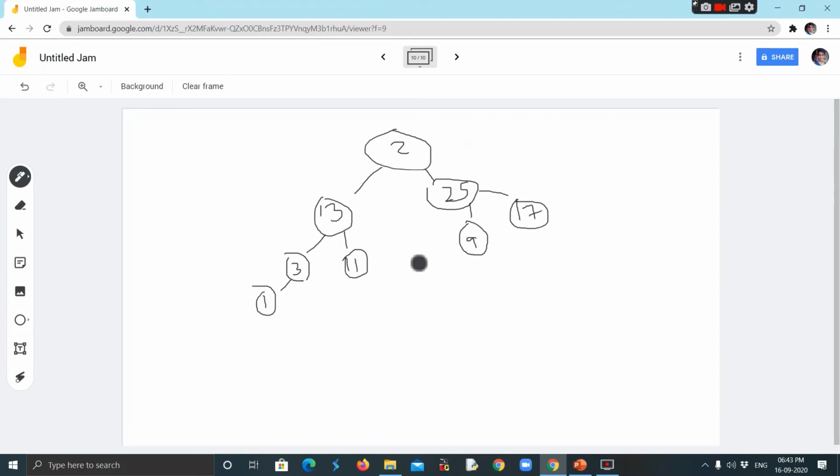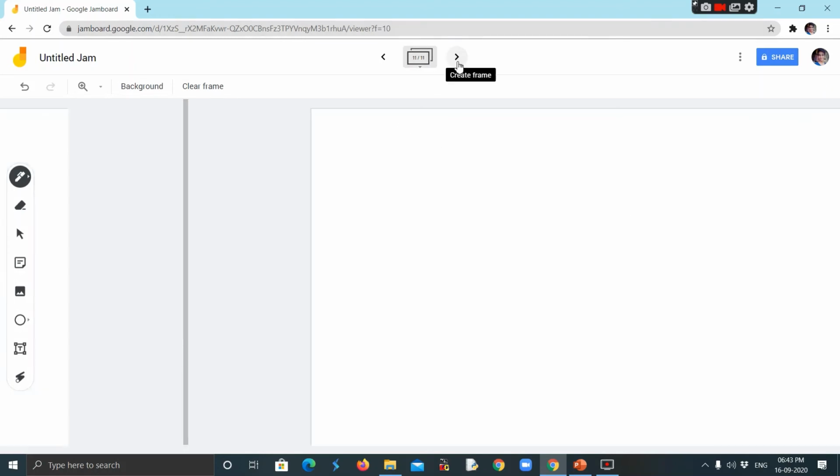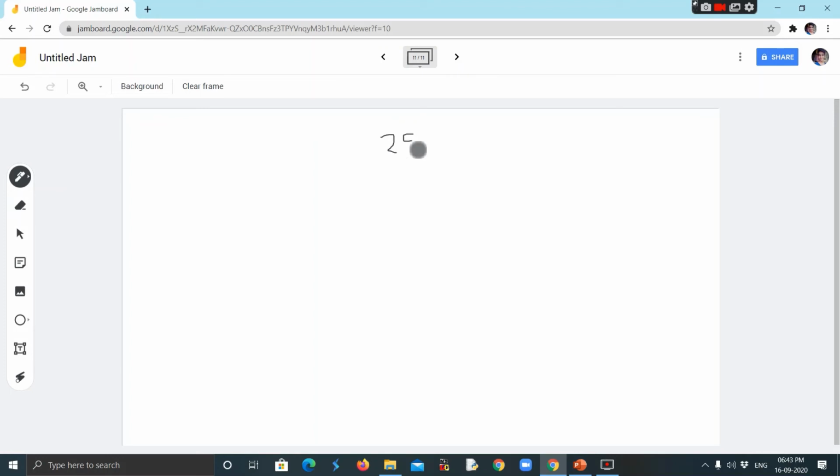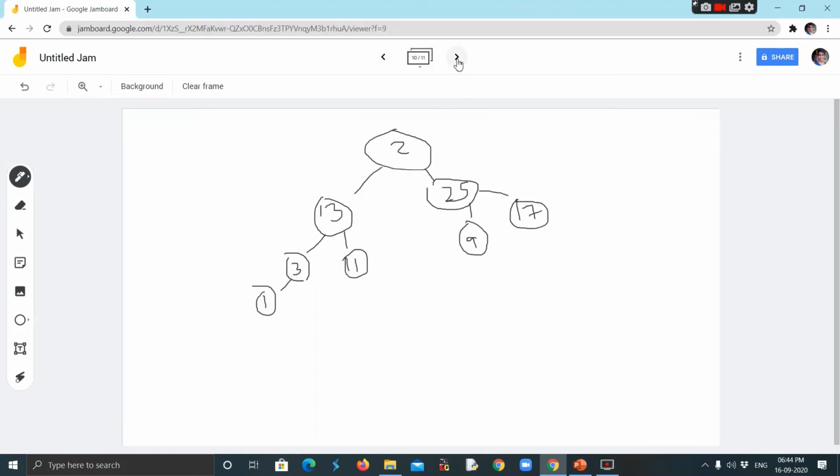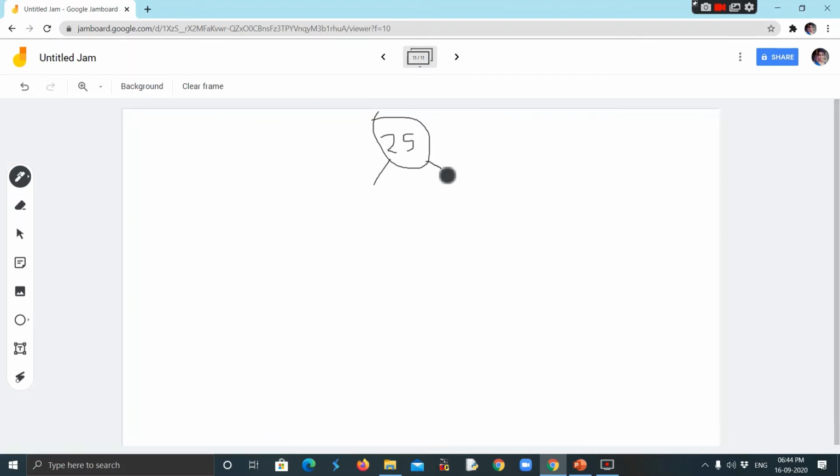Now is there a need to heapify this? Let us see. Yes, 25 is greater than 2 and this requires heapification once again. So what we'll get here is 25, 2 over here.